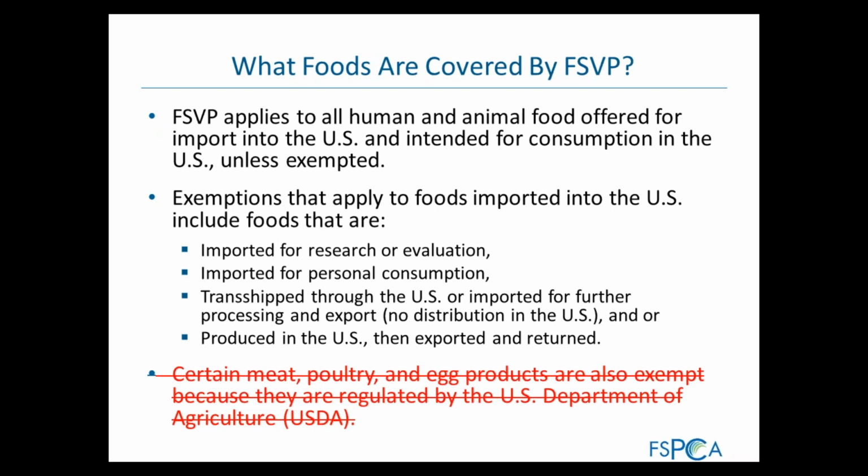So what foods are covered by the Foreign Supplier Verification Program? All human and animal food offered for import into the United States that's intended for consumption unless it is specifically exempted. And similar to the other parts of the Food Safety Modernization Act, exempt products are those imported for research and evaluation, personal consumption, transshipments through the U.S., or products produced in the U.S. and then exported and returned. I'm not really sure what an example of that would be, but